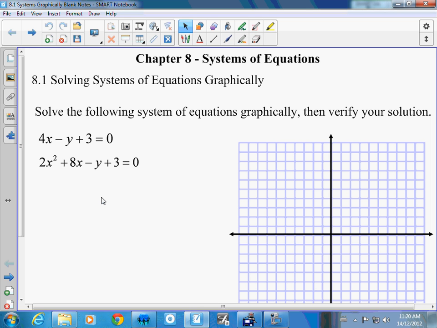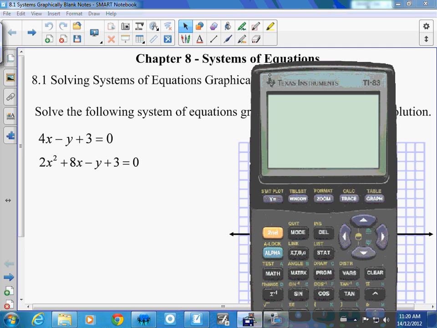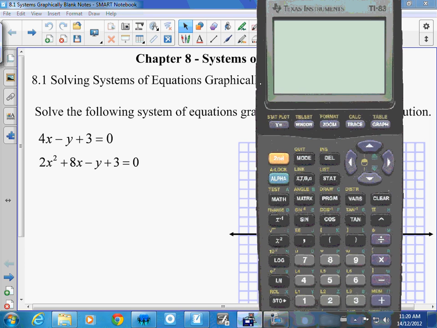Okay, so here's the deal. There are two equations. You know how to solve this algebraically, right? You can either rearrange it and substitute it in, or you could use the elimination method. If we want to use the TI-83 graphing calculator, the first thing I want to show you is, look at the TI-83. If you turn this on,